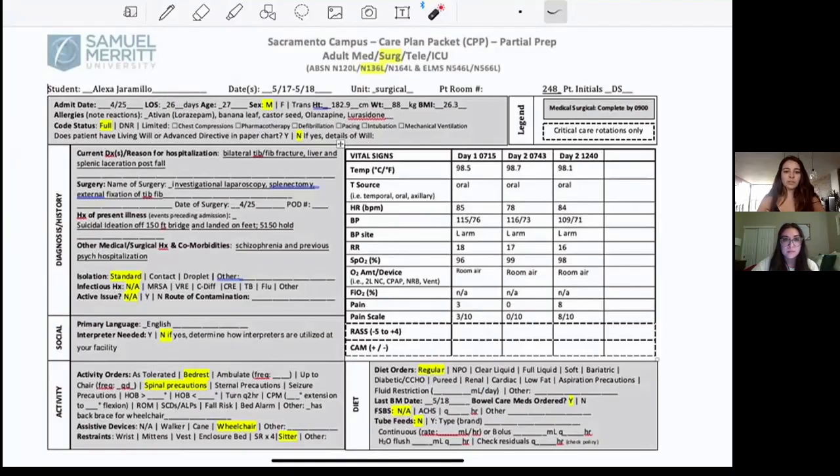Should you be doing CPR on your patient or not is a very important issue that you should be aware of, and it could even become a legal one. So here's the diagnosis and history, which is basically part of the SBAR. This patient in particular came in after he jumped off a bridge due to him having a schizophrenic,